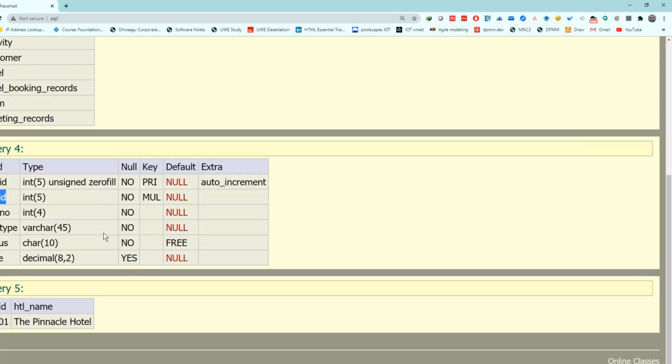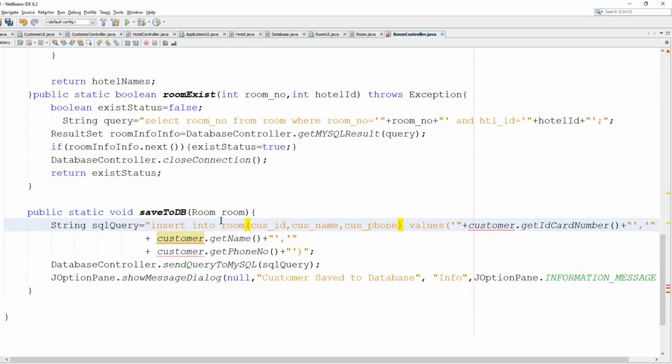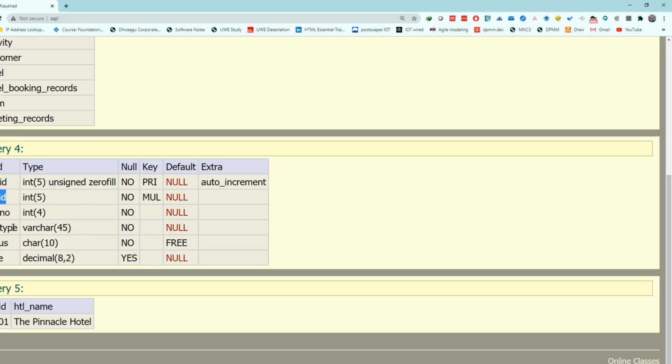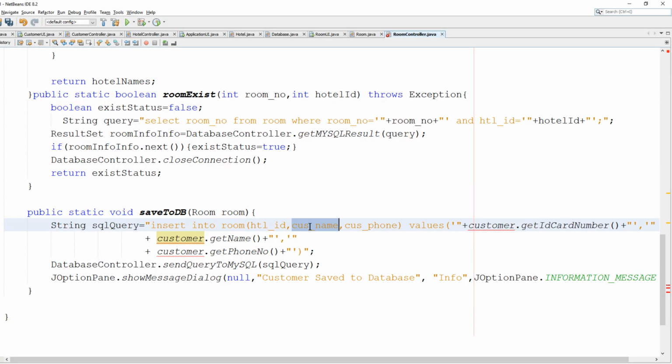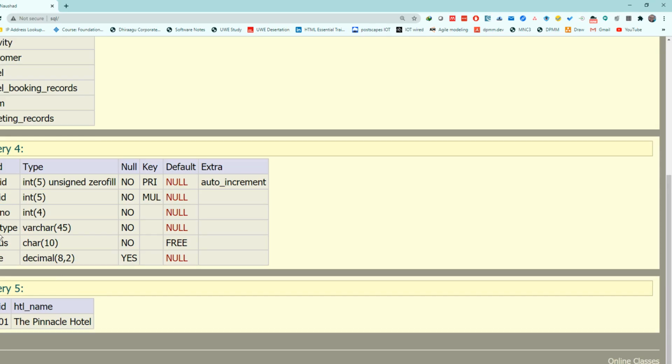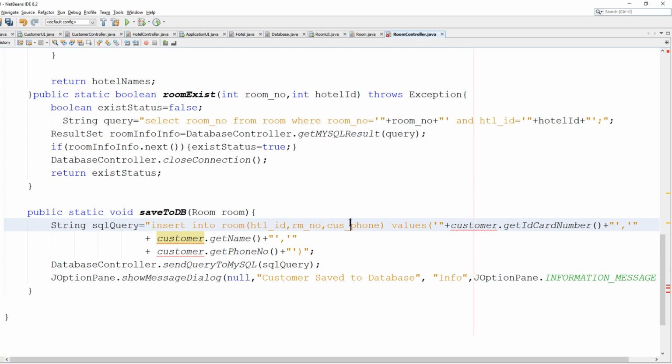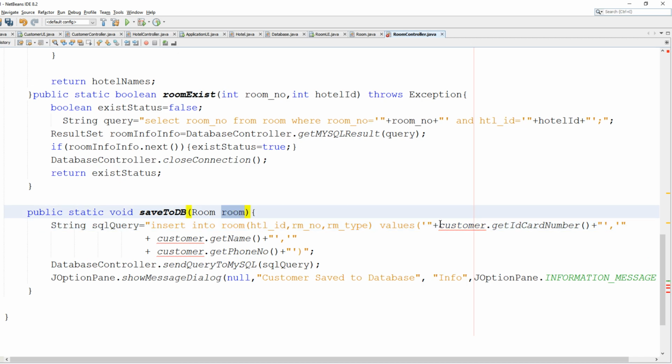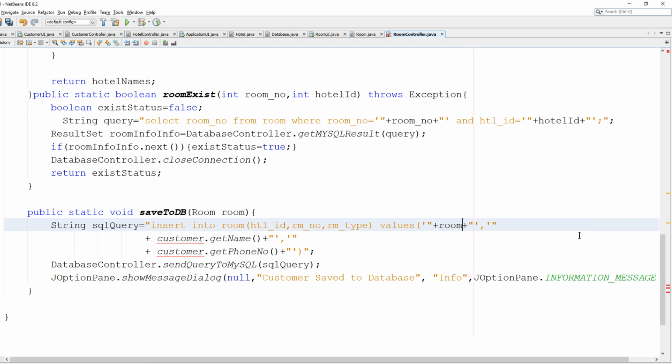What are the fields? I need room hotel ID, room number, room type and status. We are not going to insert the status because we know it's going to be free, right? Room status. Right, so type here the types. Hotel ID, we already have it here. Copy this and just enter dot